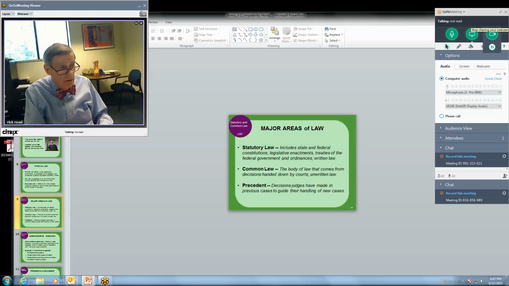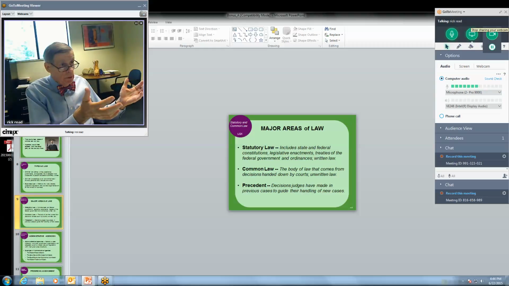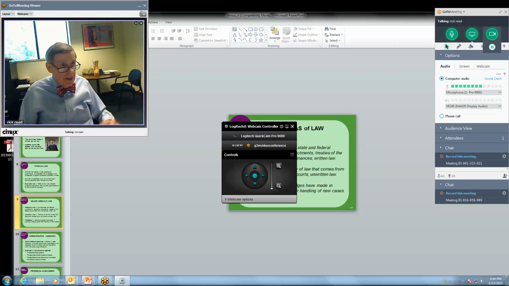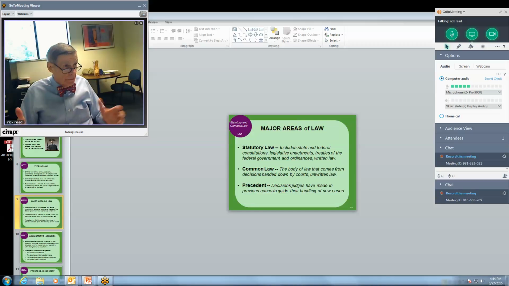A statutory law is law that we just talked about. Those are laws that are passed by a legislative body and signed by the executive. And this is known as written law. And the reason it's known as written law is because it is in writing. You can go to various places. You can even go to the internet and actually see that law in writing. You can read it and see what it has to say.